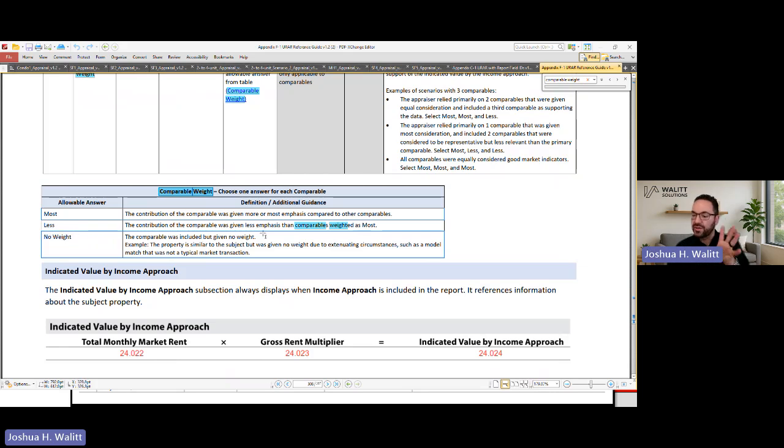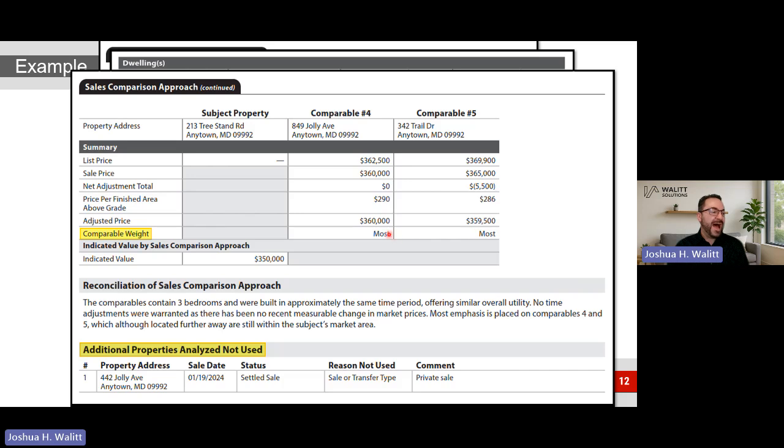Sometimes we include something for, oh, this is for analysis purposes. I'm just demonstrating this, but there's no weight to it. Okay, most and less, we can argue over grammar, and I've gotten into some of those fun conversations with people. Technically, grammatically, you wouldn't have two that would ever be most in any setting. But for these purposes, we're using the word most. If you gave all 3 sales equal weight, you would say most, most, most. That's just the way this is.